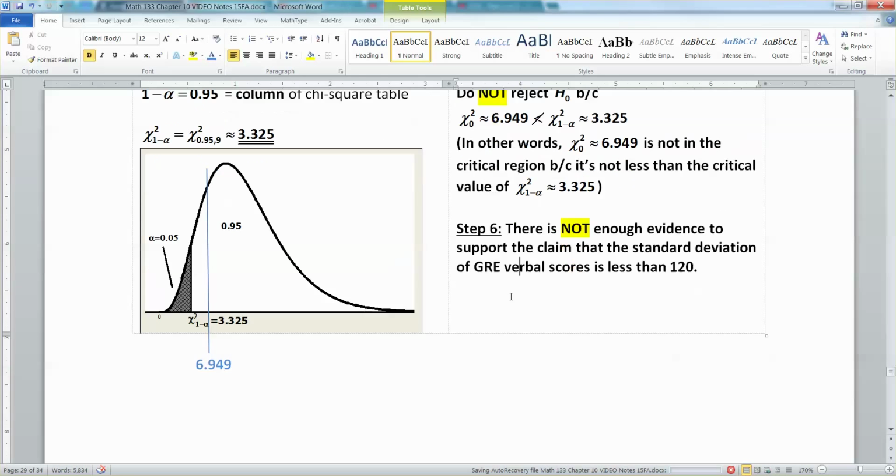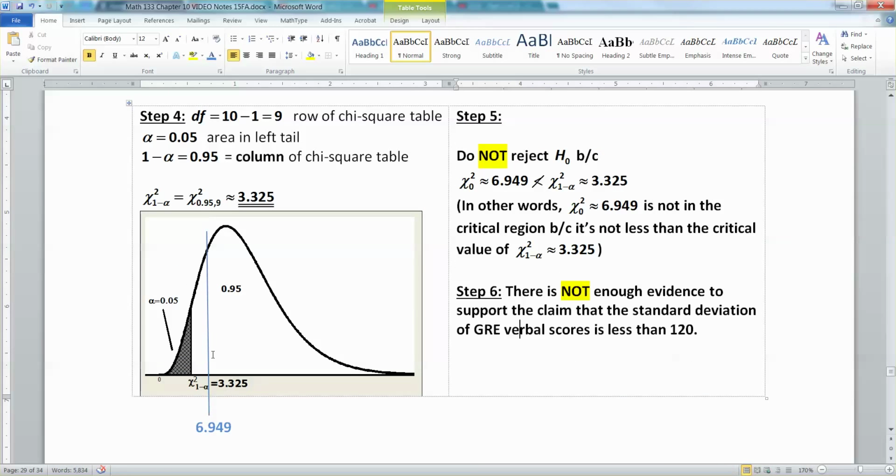And before I leave this example behind, I just wanted to really quickly note that this line right here is the test statistic, which is 6.949. All right,